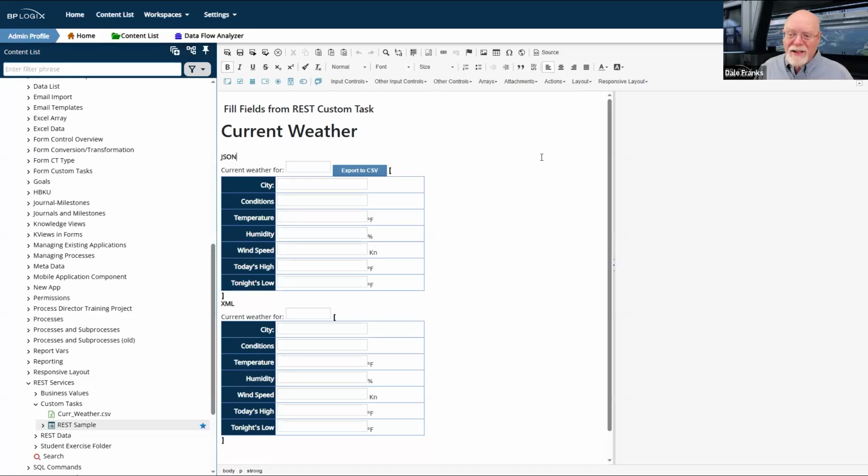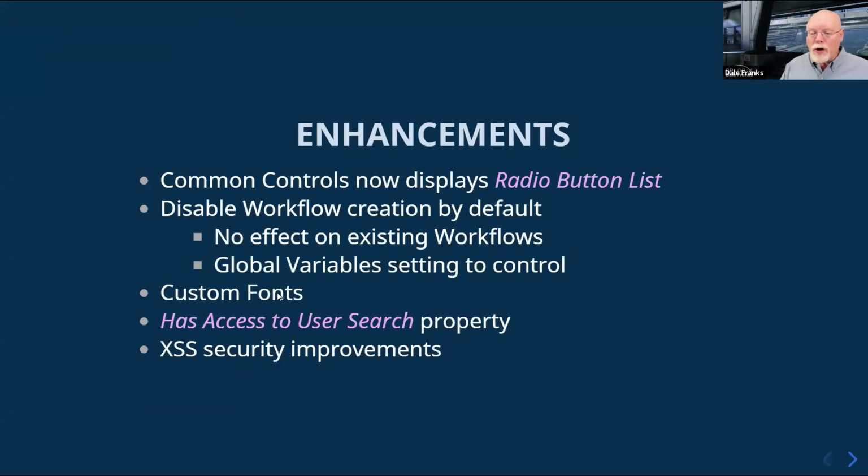We're going to make that a lot simpler, and there'll be fewer hoops to jump through. What you will do with your custom fonts is upload them to a subfolder of your custom folder, or if you're a cloud customer, we'll upload it to a subfolder of your custom folder that is called, oddly enough, fonts. And once you place a custom font in the fonts folder, Process Director will automatically process that font as a custom font.